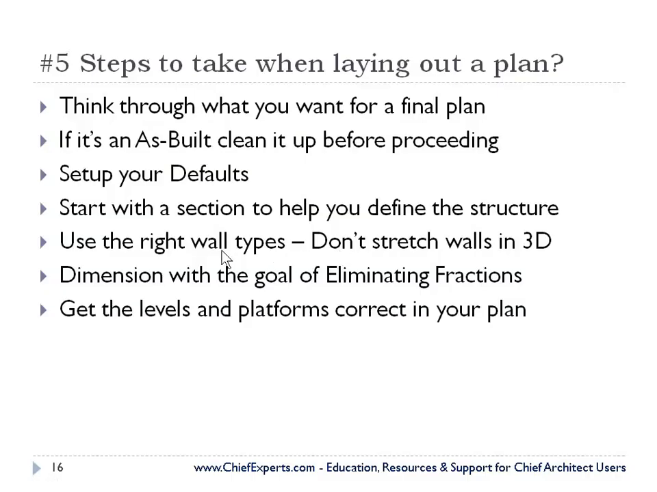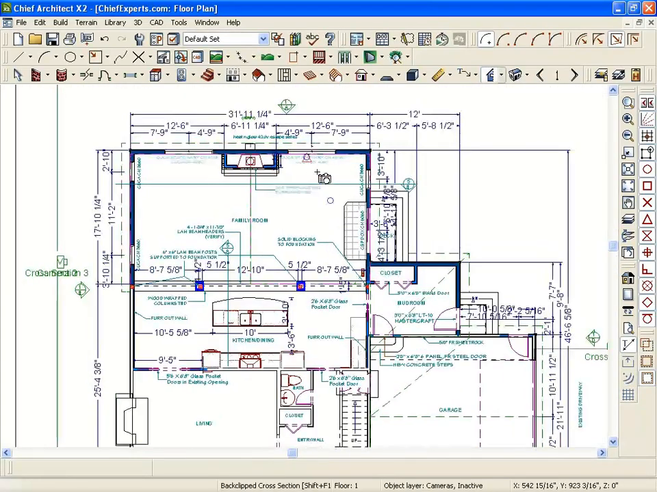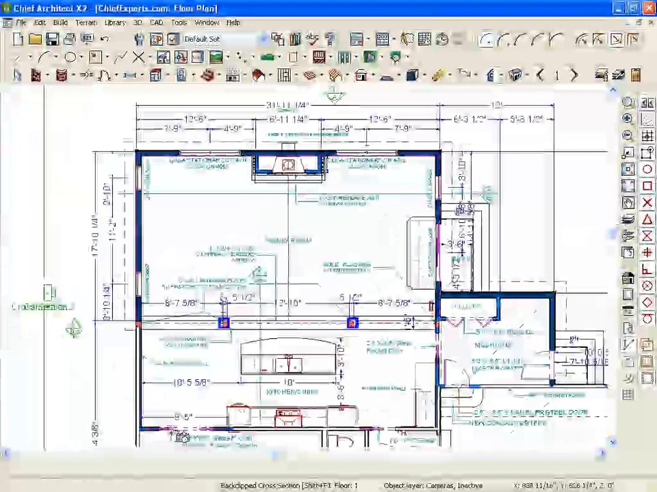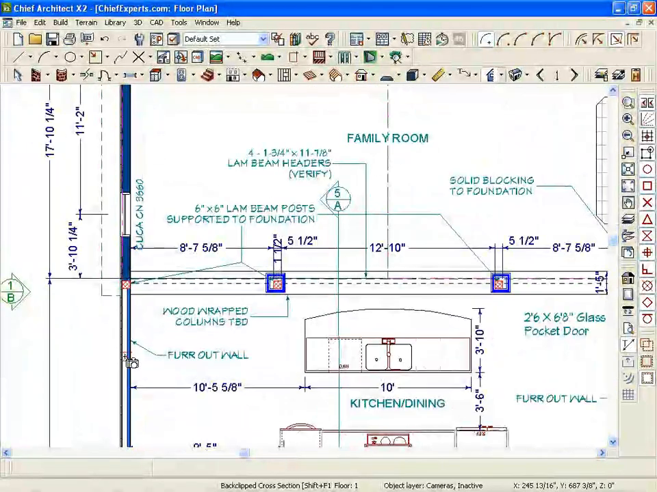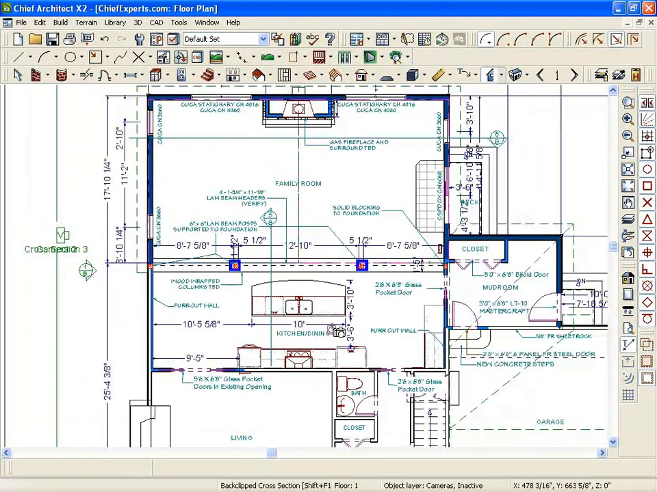Use the right wall types. Back to that plan that I had here. In my as-built plan I have two types of walls. I have my existing and my new, and I have them so they show up that way. If you're doing a new home, use the right size walls. One of the things I always teach in my classes is let's draw the building exactly as it's going